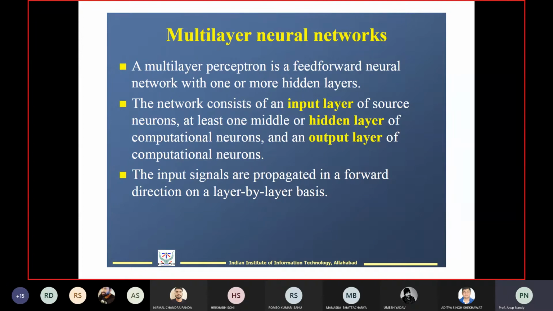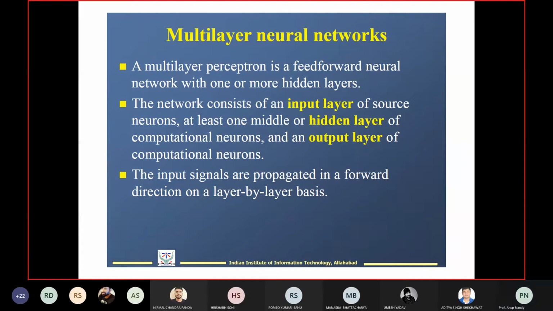So that is why this multi-layer perceptron model is called the MLP, and the algorithm which is used for this multi-layer perceptron is called the backpropagation algorithm. Okay, so now the backpropagation algorithm is a fundamental building block in a neural network.